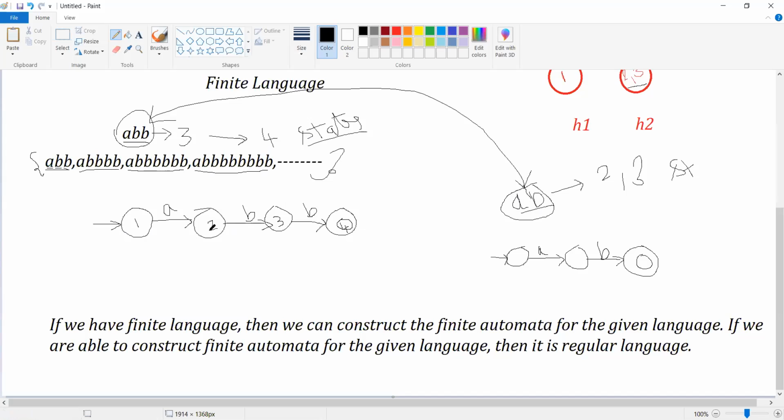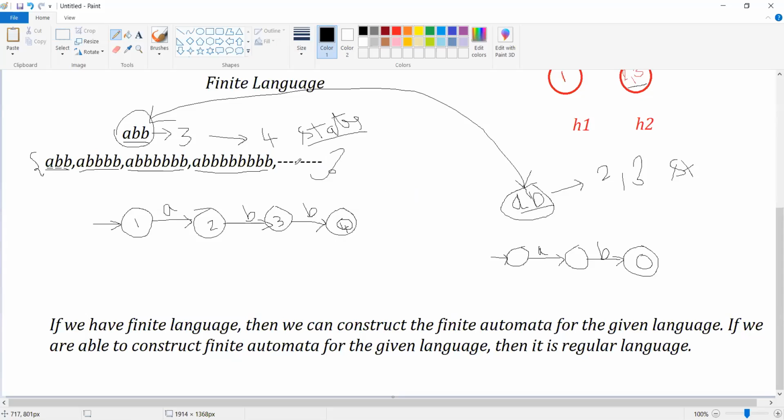we need to construct a finite automata which is capable of accepting or handling the infinite length strings also. Now how do we do that?